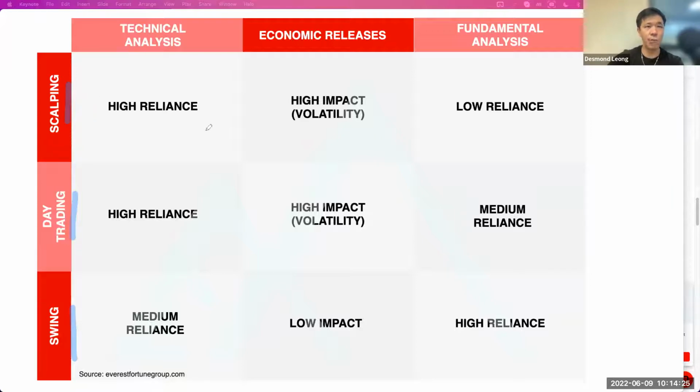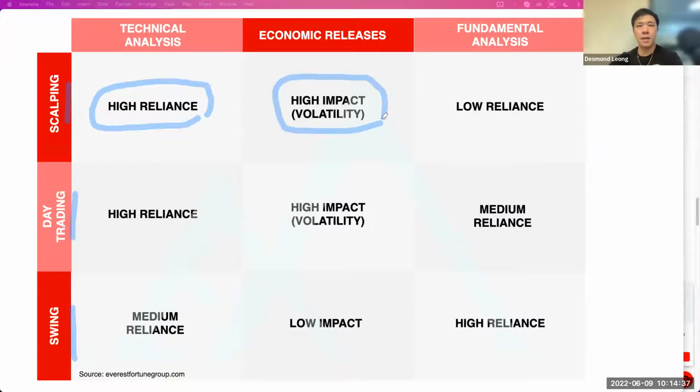So if you're a scalper, let's go one by one. Your reliance on technical analysis is really high, right? Your reliance on economic news releases is very high because of the impact, right? As a scalper, your stop loss and take profit placements are probably very, very tight. Maybe you're talking about 5 pips, 10 pips, right? Very, very tight, and because of that, you must be very aware about the economic news releases in the economic calendar, right? Imagine taking a trade right before non-farm payroll. You might be right, but because of the volatility, how crazy it goes, you might get wiped out. Okay, so that's very important when it comes to